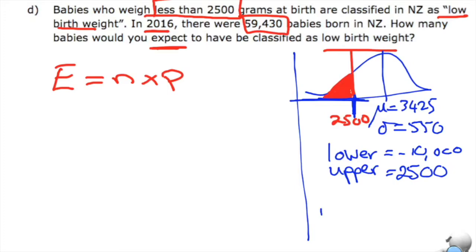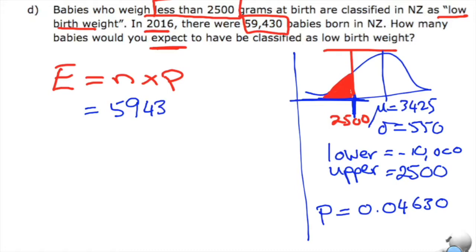Okay, so we found that our probability was 0.04630. So I want to use that probability now in my formula. The formula says N, which is our sample size, and in this case our sample size is 59,430. Multiply that by my probability of 0.04630, and that's going to give me a value of